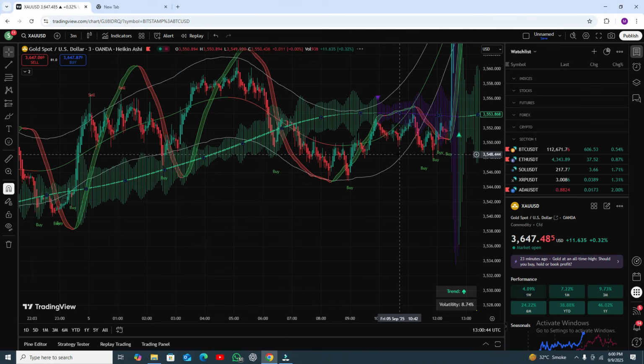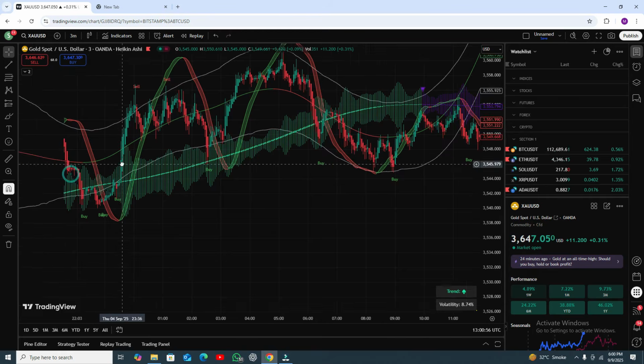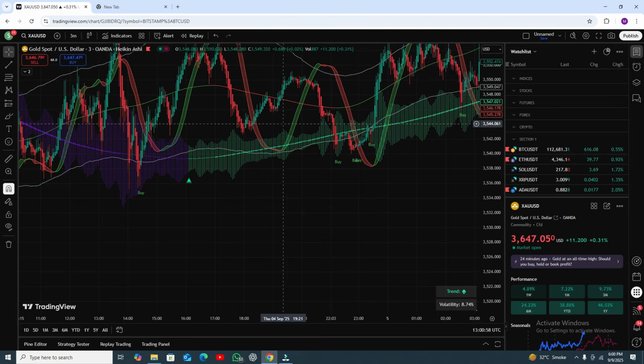Let me show you some perfect trades here. This one, the candle is closing upside from the cloud and the RSI, you can see that is amazing. Here is another example, and let me show you more trades here. Okay, that was also a good one, and that is awesome.